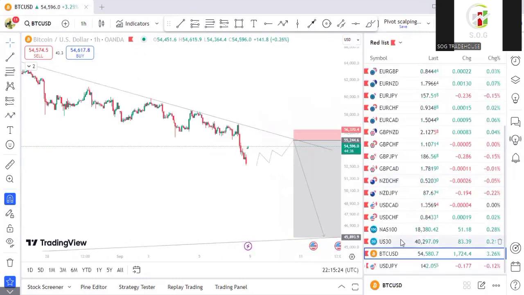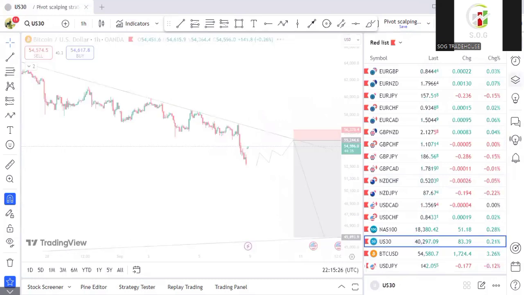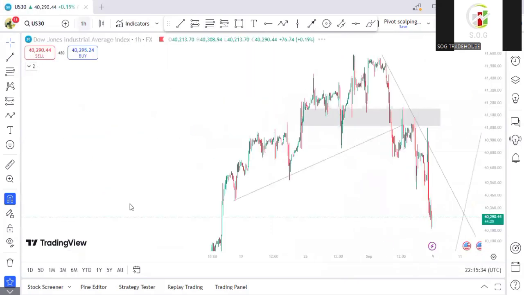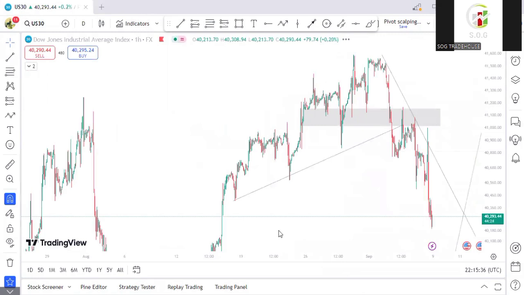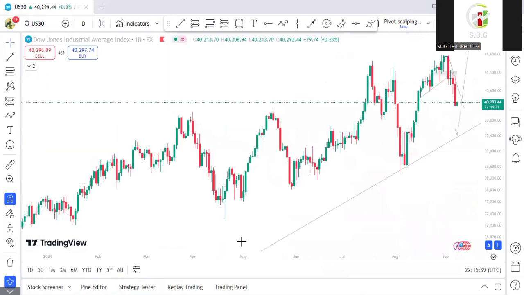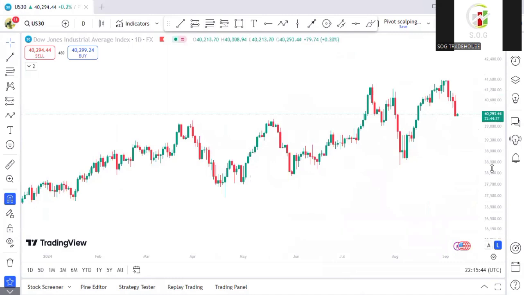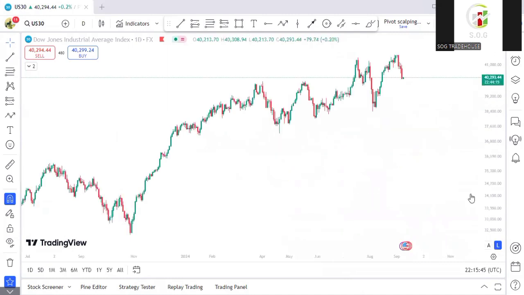So the last pair on my list is US 30 for those that trade indices. So I will delete everything and start the analysis afresh. So on US 30,